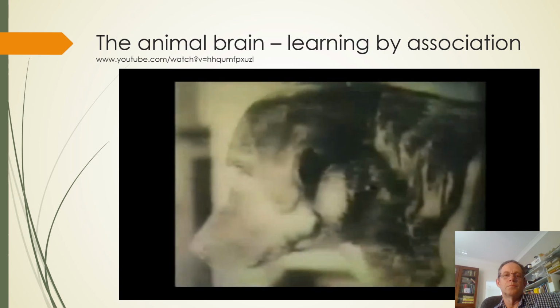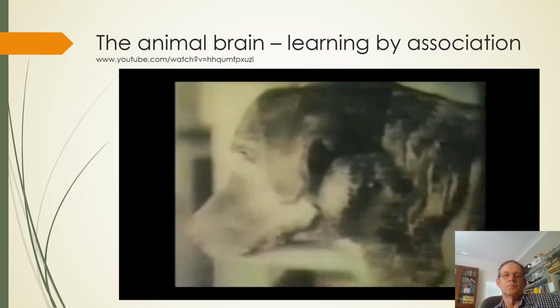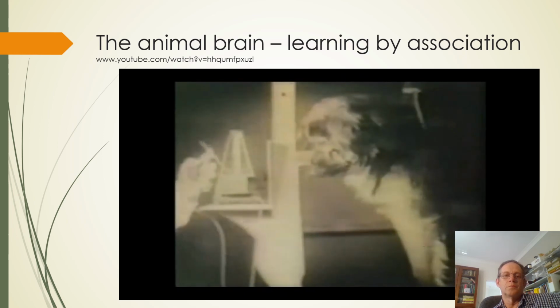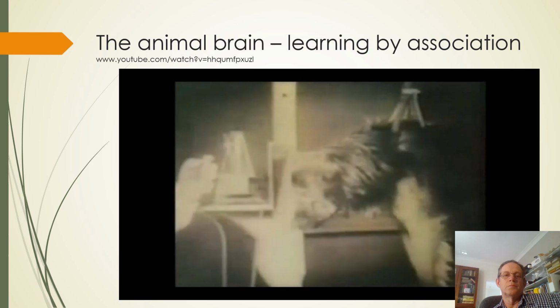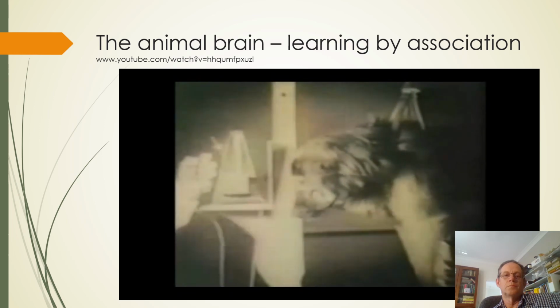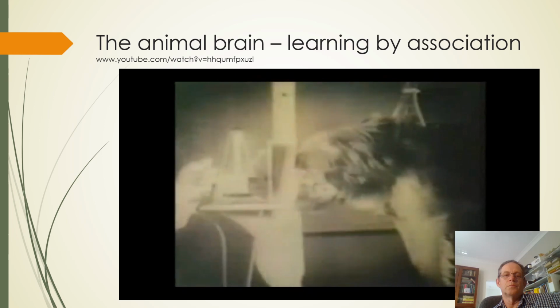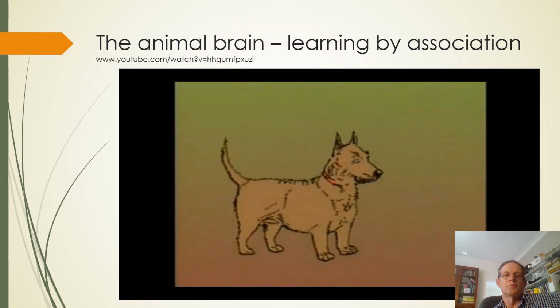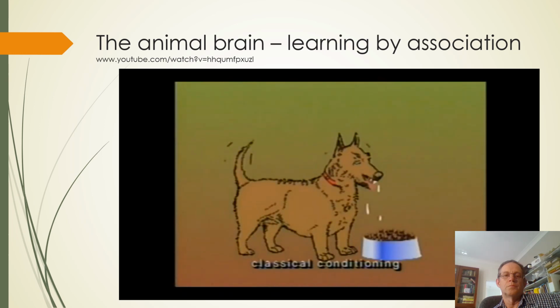Pavlov decided to find out by systematically varying the stimuli and measuring the dog's reaction. Metronomes, lights, and bells were all used as stimuli, and they all worked as stand-ins for the food. What mattered was not the kind of stimulus that was used, but the fact that it reliably signaled that food was on the way. Pavlov had discovered a fundamental type of learning called classical conditioning. An original stimulus elicits an automatic unlearned response. Both stimulus and response happen naturally. They are unconditioned.